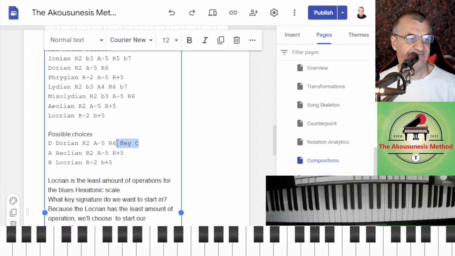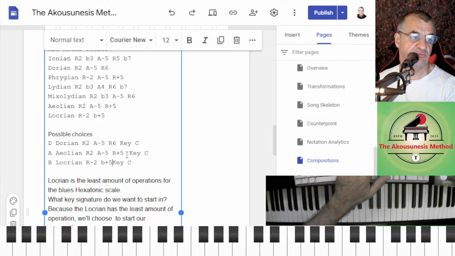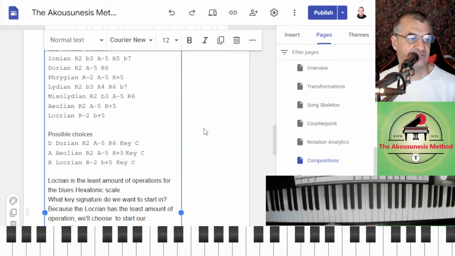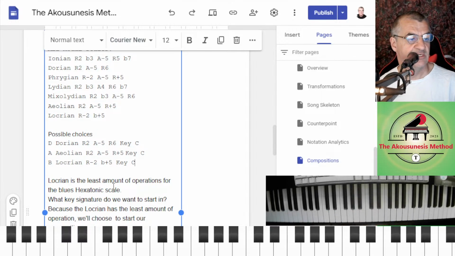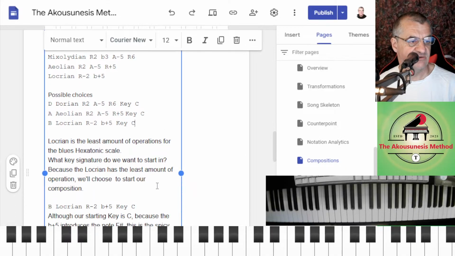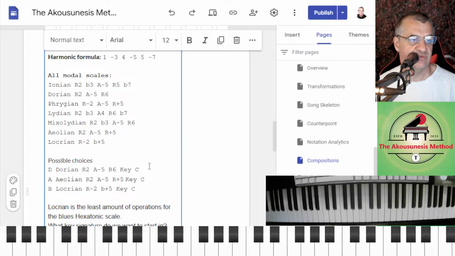Of course, it doesn't have to be in the key of C. If you choose another key, the slide positions will move, right? The black notes would move depending on the key signature. We've just chosen C because it's easier to visualize and understand. If we get more into other keys, then if you don't know that key signature or scale well, it could be a bit more confusing. So C is always a good key to start with.